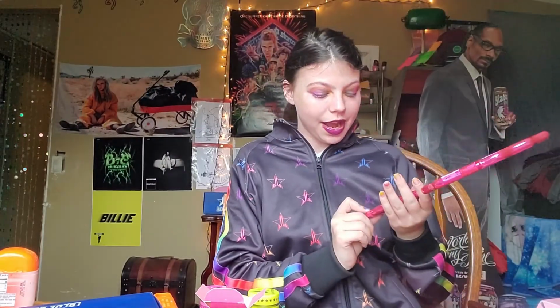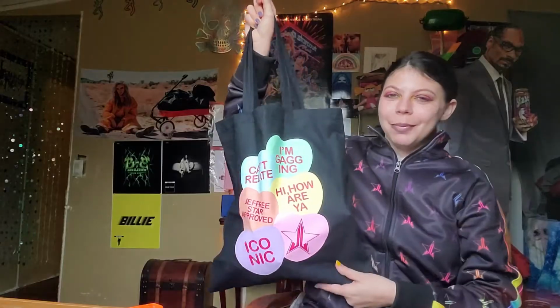This is crazy. The one thing that I have to say about these chrome mirrors is that sometimes the chrome rubs off, but if you just take a look at this, this is absolutely crazy. Now I can just like bing, bing. Wow. Okay, so this is definitely worth my $125 to $145. It makes up for me not having the crazy pig backpack that I wanted that sold out immediately, but anywho,